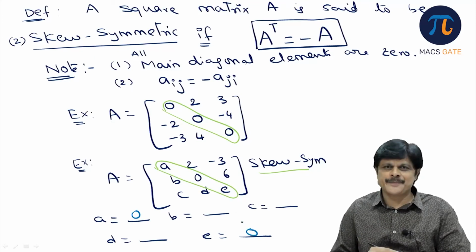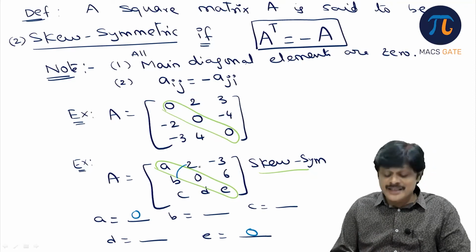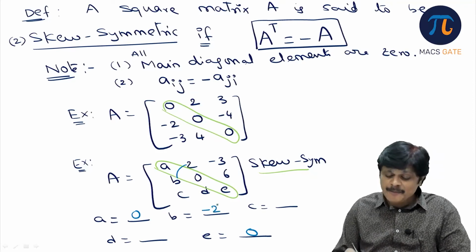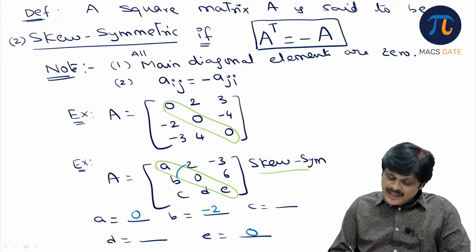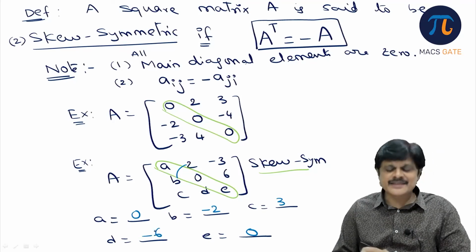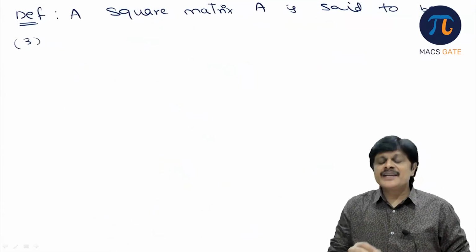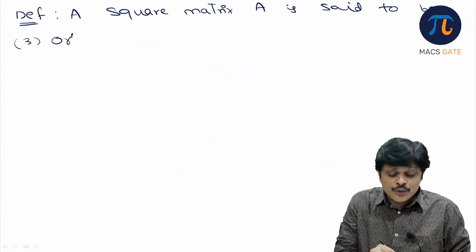These two are fixed. Now the mirror images should have opposite sign. So if it is 2, B should be minus 2. If it is minus 3, C should be plus 3. And if it is 6, D should be minus 6. So simple. Got it? A square matrix A is said to be orthogonal